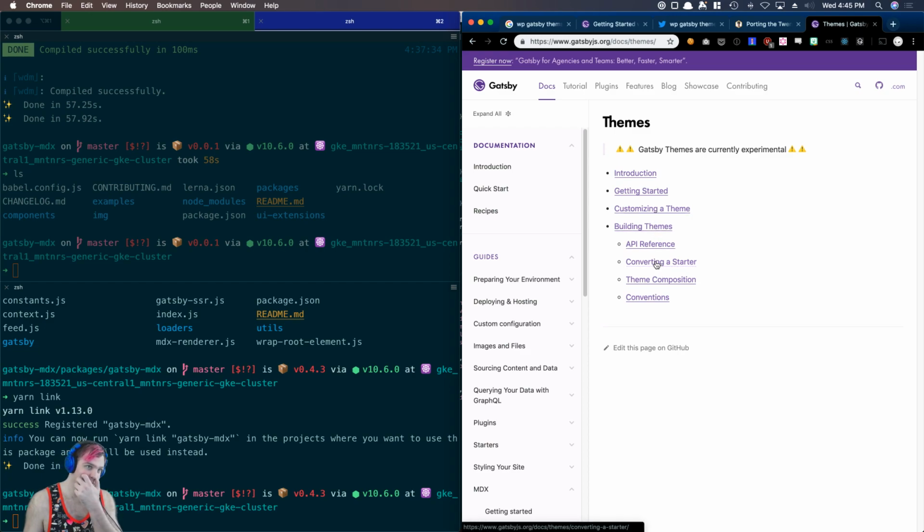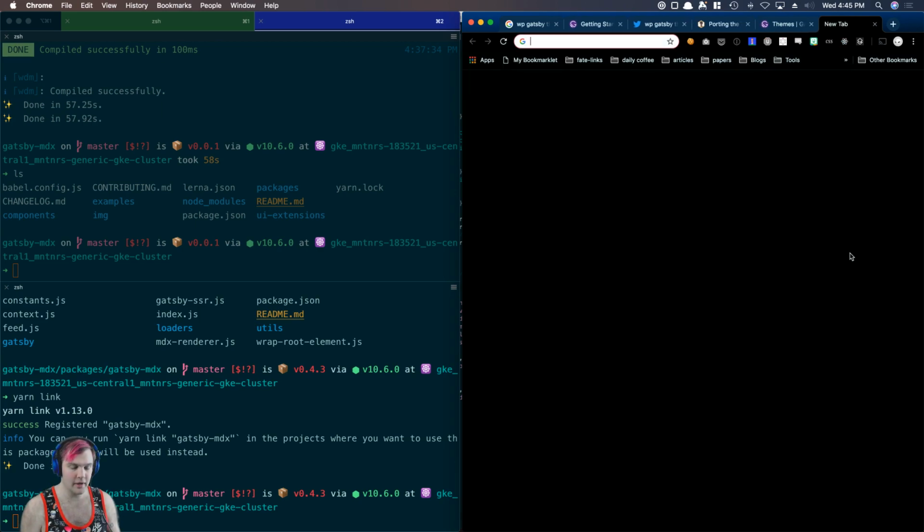So if you are interested in what themes are compared to everything else, then go find it. It's not linked in the sidebar, so you probably have to type in gatsbyjs.org/docs/themes. If you didn't follow that very well,